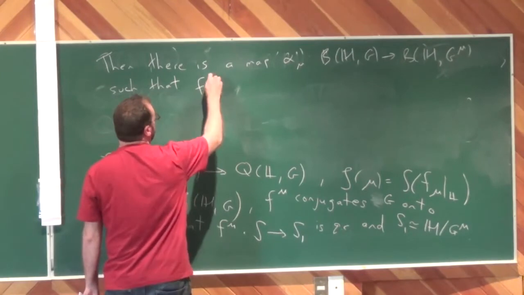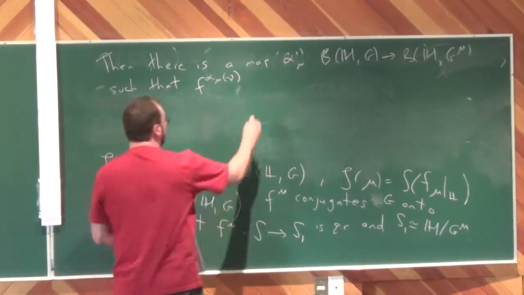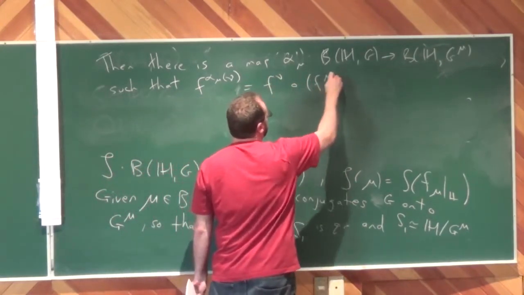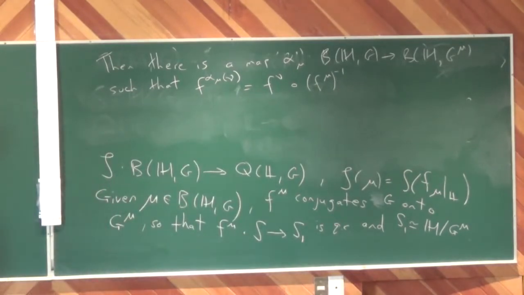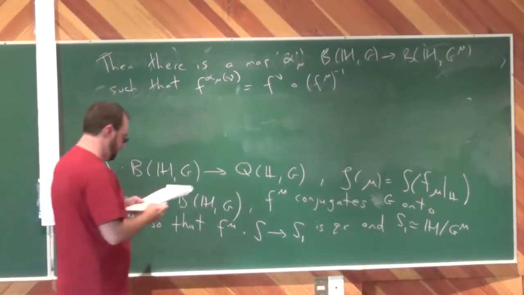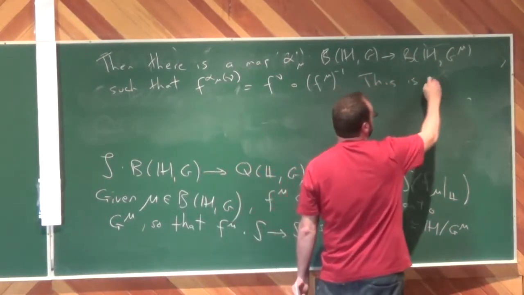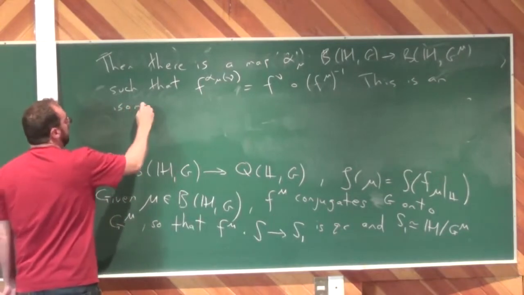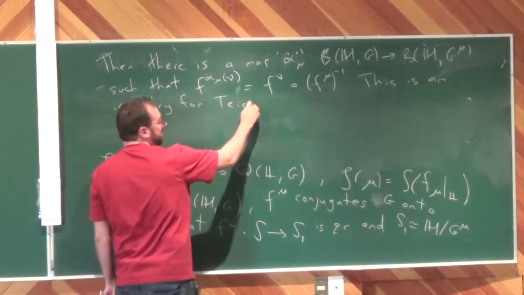So F upper alpha mu of nu is defined to be the inverse of F upper mu, then composed with F upper nu. It's almost not important what it is, but what it is, is an isometry for the respective Teichmüller metrics,